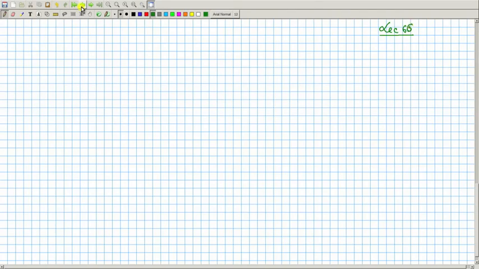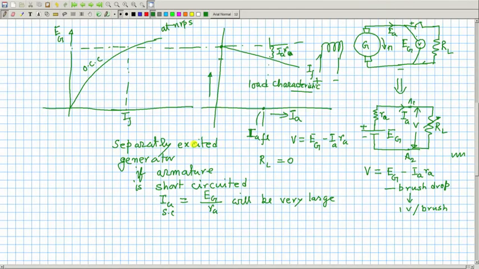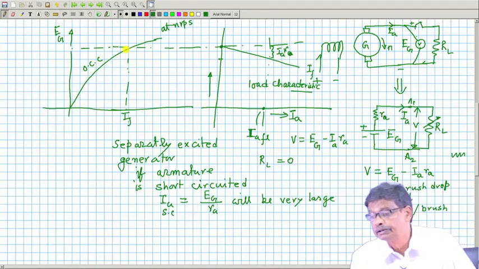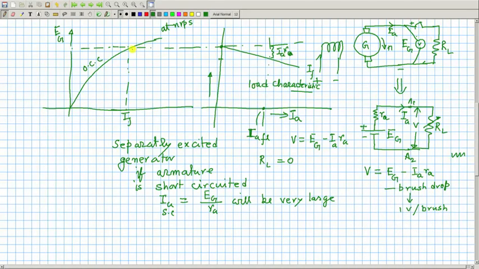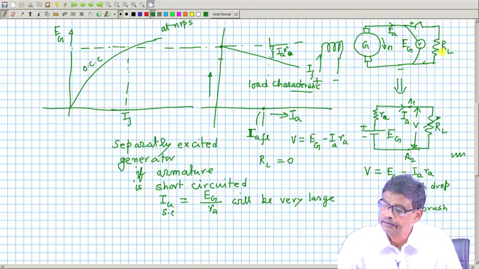So, welcome to the next lecture on Electrical Machines 1. In my last lecture I was talking about the separately excited DC generator, and what the open circuit characteristics and the load characteristics are. For the open circuit characteristics, you run the generator by a prime mover at rated RPM, adjust the field current with this switch S opened, get the rated voltage, and after you get the rated voltage start connecting load, meaning electrical load, to